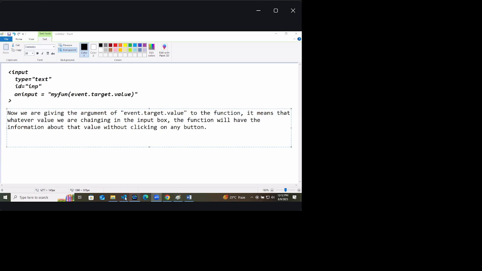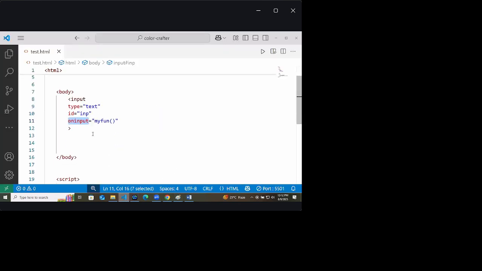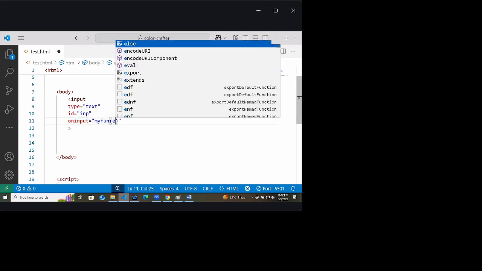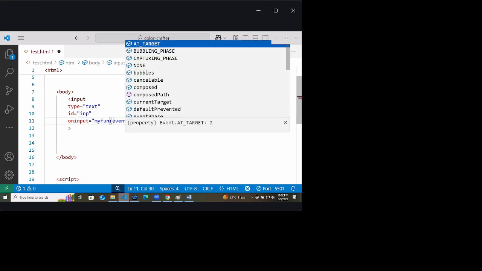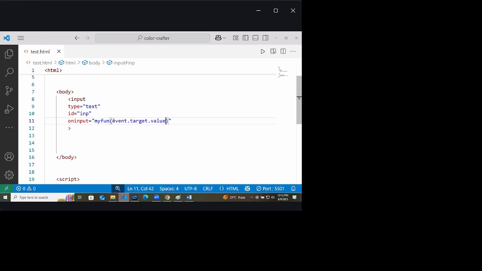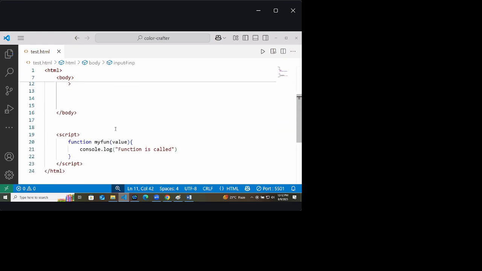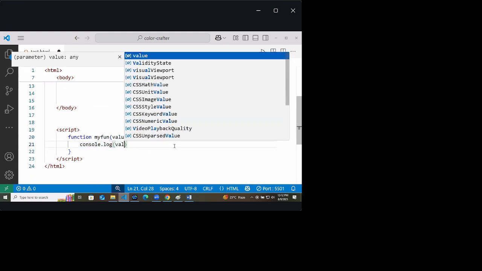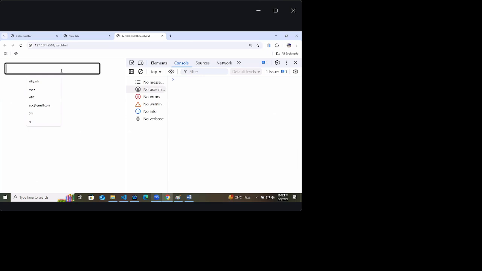So like this. Here in on input, I am passing the value of event dot target dot value. It means that now whatever value you type, what will actually happen if I'm typing S here?